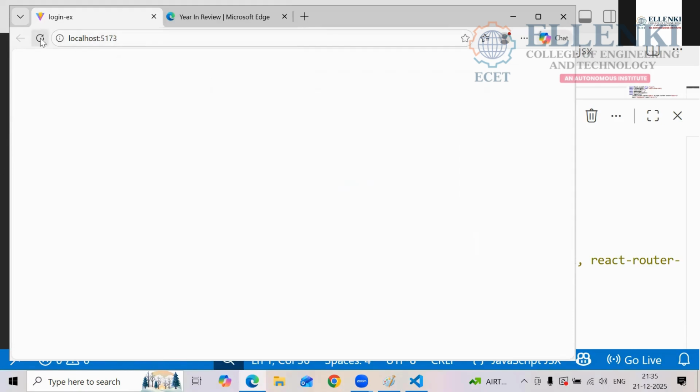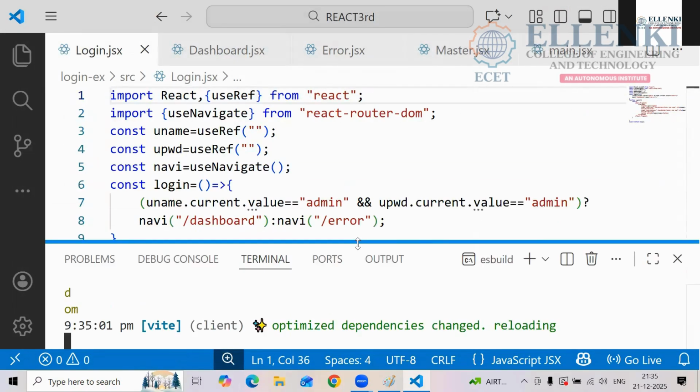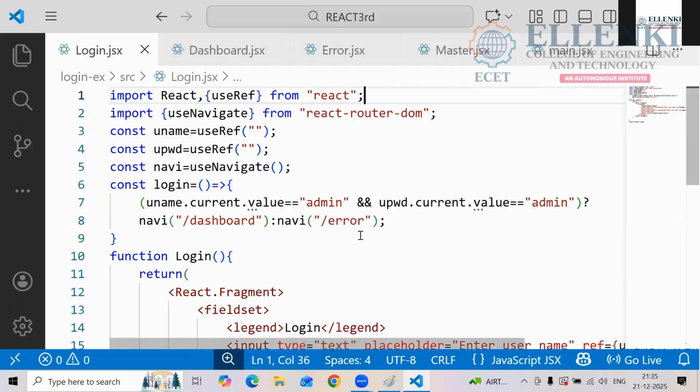Yes, why are we not getting anything? Here we are giving the references also, where we did the mistake. Can anyone tell? Correct only, no, we did. uname.current.value. What, ma? Huh?